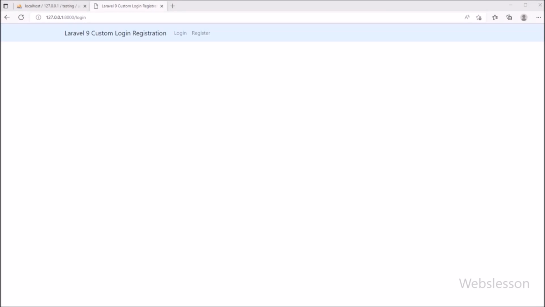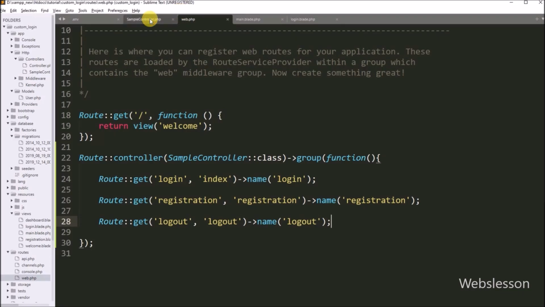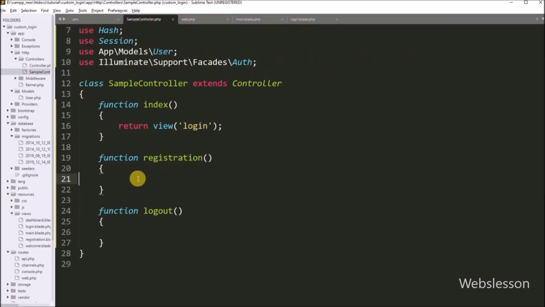Hello friends, in this video tutorial, we will learn how to make a custom registration form under the Laravel 9 framework. In the previous part, we made the file for displaying dynamic login, registration, and logout links. Now, to create the registration form, we go to the sample controller and, under the registration method,